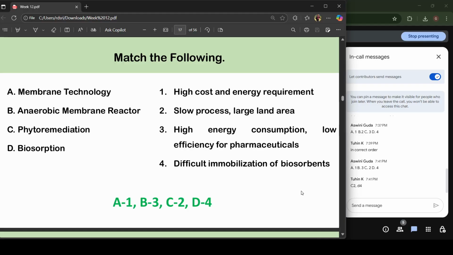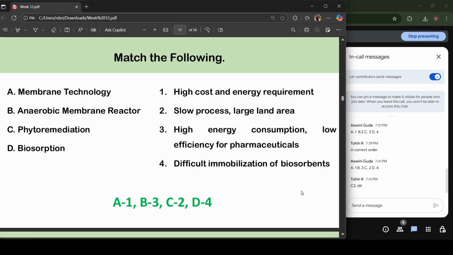Okay. So for membrane technology, it is high cost and energy requirement, because when we talk about membrane technology, the driving force there was the pressure difference. So in order to create that, you have energy requirement, and membrane fouling, membrane clogging is very frequent, so you have to change the membrane frequently, and to get rid of the redundant again, you require cost and energy. So all these factors together cost you a lot of money as well as energy when you go for